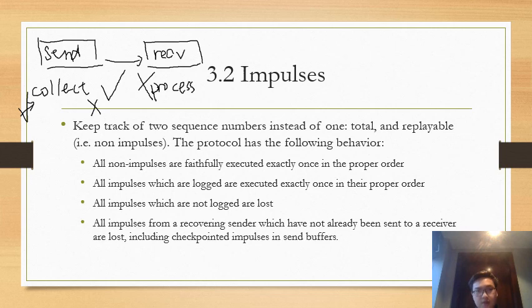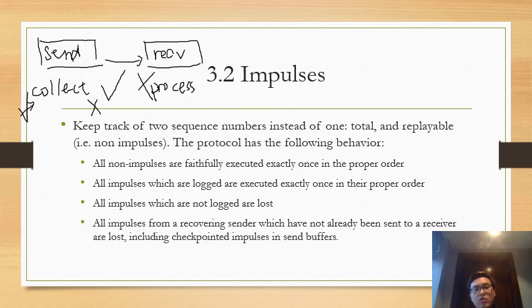Here, if we follow the method call example and only keep one sequence number, there may be some problem. So the solution is to keep track of two sequence numbers instead of one. They are total and replayable. This protocol has the following behavior.